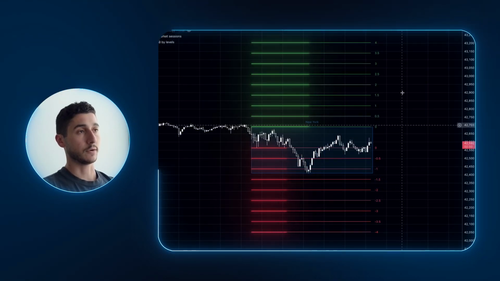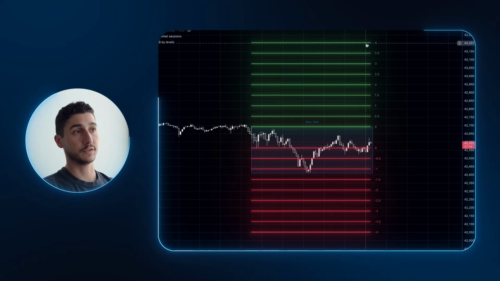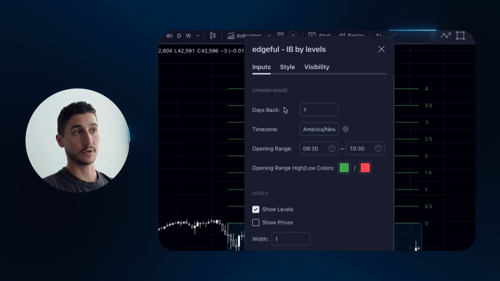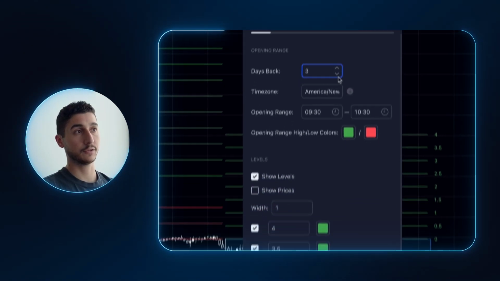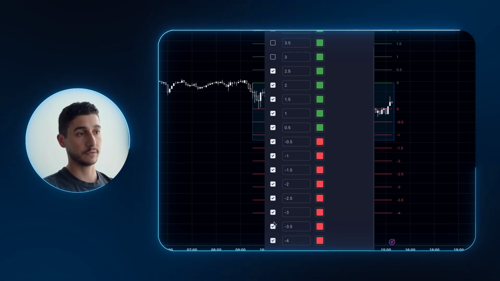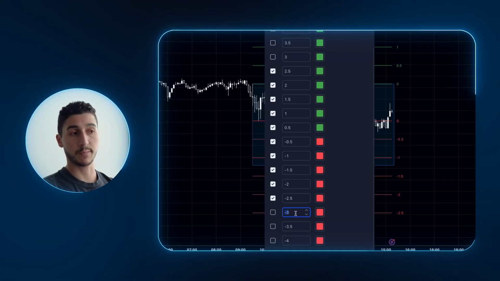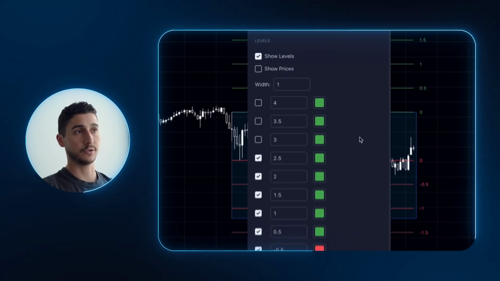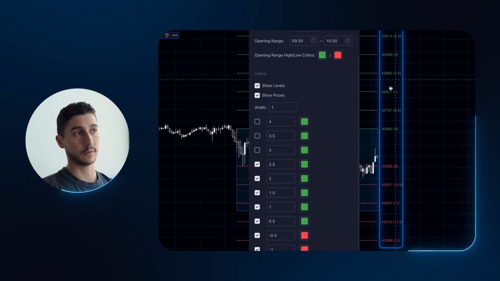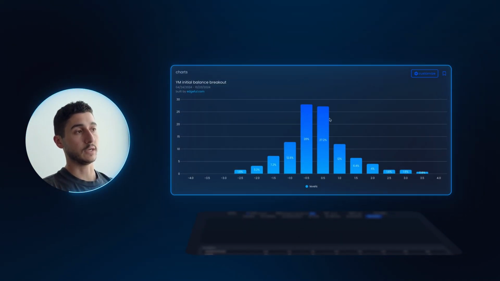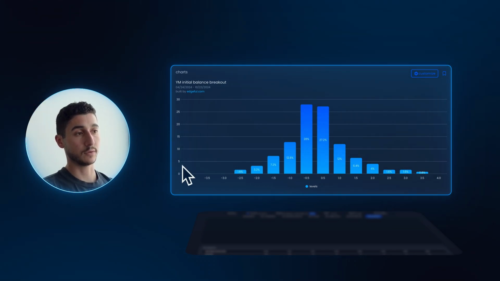So here is a good visual representation. This is actually one of the TradingView indicators that we have, and it's fully customizable. You can go back a certain amount of days as you choose. You can customize and turn on and turn off certain levels. You can also change the actual number of the levels in here. If you want a more refined view, you can drop this down. You can change the colors. You can do whatever you want. You can show the prices over here. You can hide them too. But what you can see here is the actual amount of times, or the percentage of times, that price will